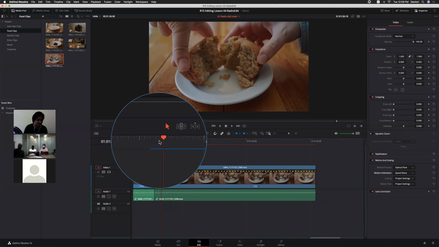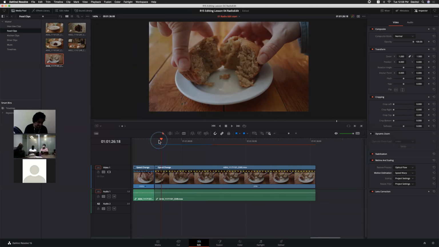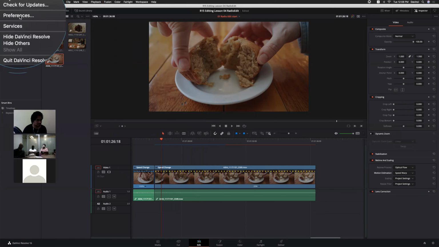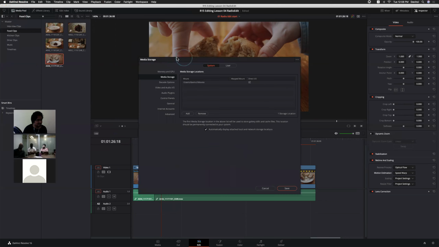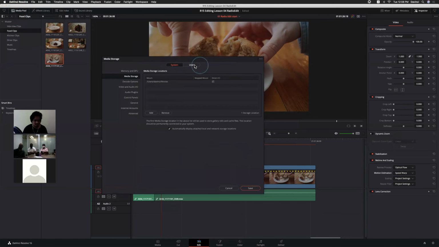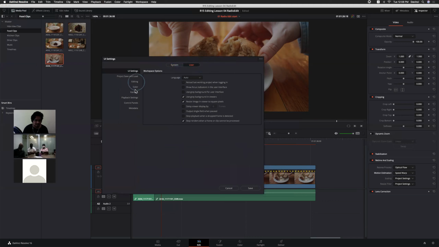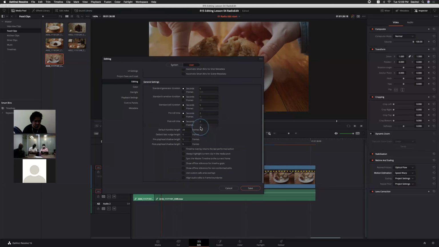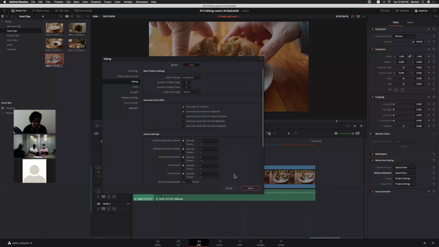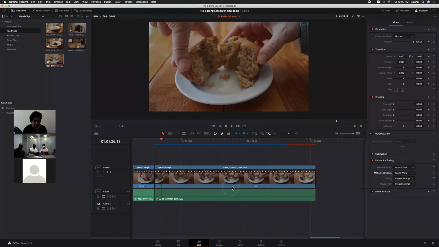If you want to change those settings, go to DaVinci, Preferences, user, sorry, editing. I'm sorry, I'm a bit confused between the project manager and the preferences.